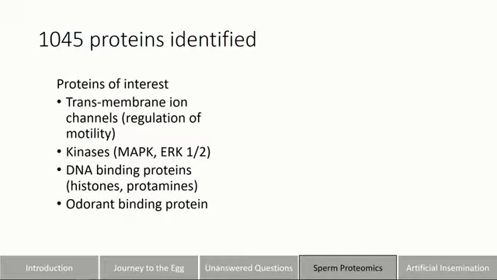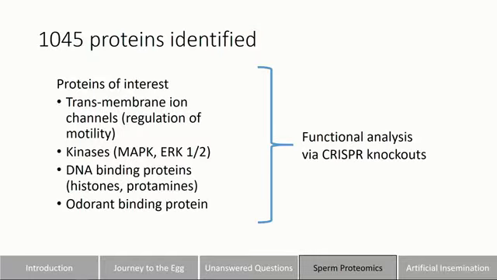And then there was an odor binding protein or two, and we thought that this might be a prime candidate for studying whether sperm actually are using chemotaxis to traverse the female reproductive tract. And then with all of these proteins, we hope to use CRISPR to knock some of them out and then characterize their reproductive phenotypes using these mutants to test their loss of function phenotypes. And we have this CRISPR system working in our lab with Aedes aegypti, and so we're hopeful that that will be up and running soon with these proteins.